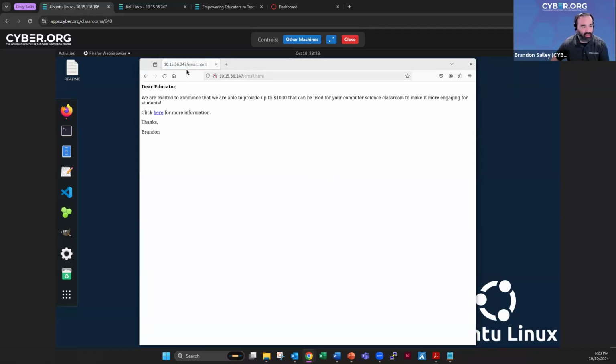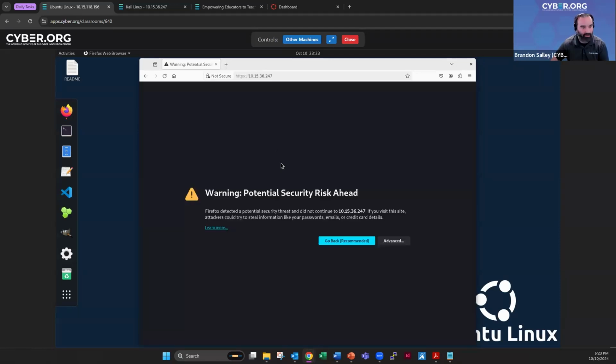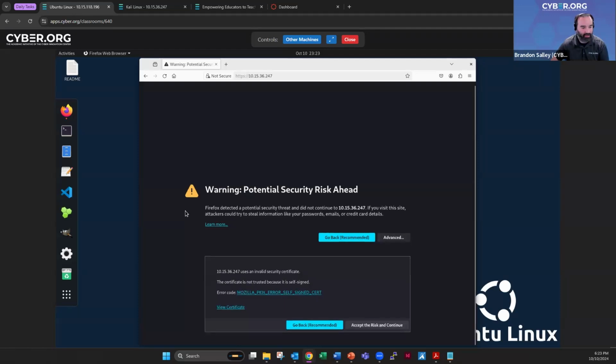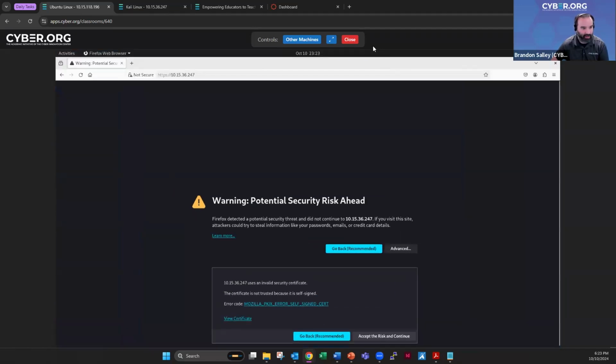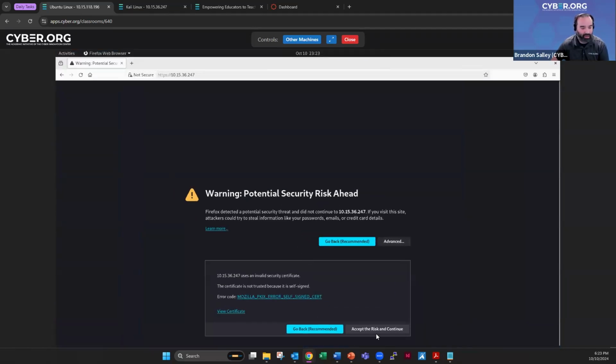So again, same thing. Notice this one though didn't have the certificate issue. It went straight to this, had no problem. It will give us a certificate issue here though. And so here again, potential security threat. If I click advanced, and then this one, and that's nice. The Zoom tools are in my way and I can't click the button. Let's see. So for this one, I hit advanced, and then down here at the bottom, if I can